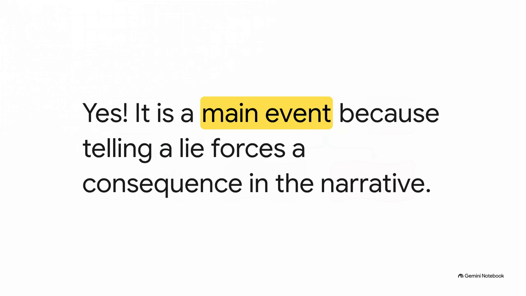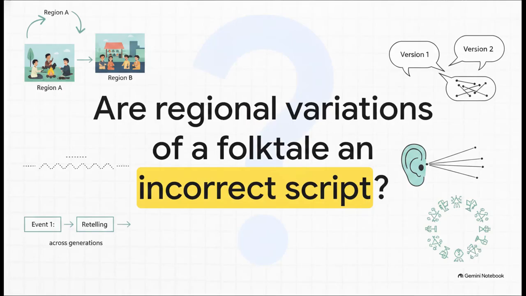Did you guess main event? Because it absolutely is. It's a main event because telling a lie directly changes how the characters are going to respond, and it alters the entire narrative sequence. It's a deliberate choice that forces a major consequence the plot now has to deal with. Let's move on to our